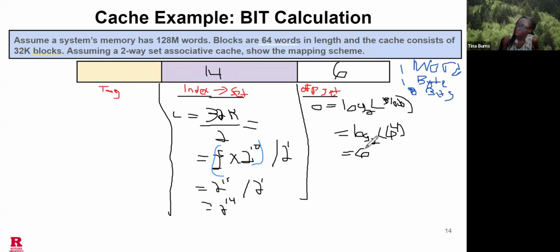Okay, so now we have our offset, and we also have our index. All right, now the only thing that remains is our tag. And as we stated before, your tag is relatively easy to get once you have determined the full size in memory, because all you do is you take your memory and you subtract the bits you had for the offset and the bits you had for the index. So this gives us our memory somewhere up here. It says that the memory is 128 M words. Now our memory is going to stay in terms of the bytes and everything that we need for that as well. So when we calculate what we need for memory, we can go ahead and say that